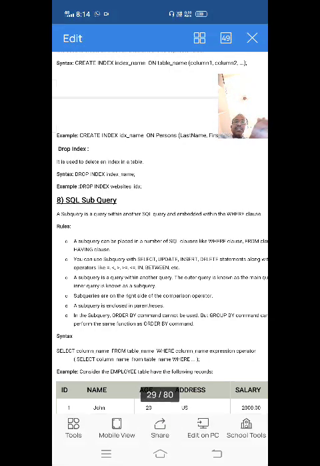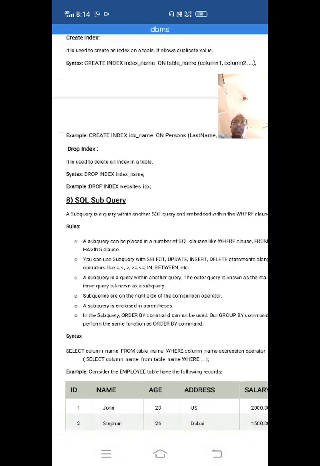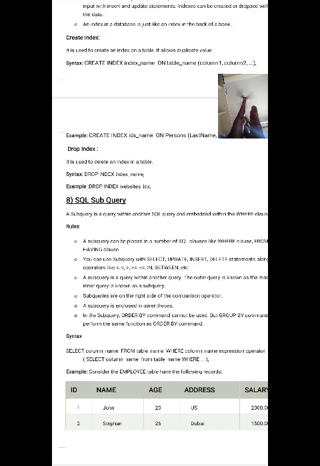A subquery can be placed in a number of query clauses like the WHERE clause, FROM clause, and HAVING clause. So you can write the subquery not only in WHERE, but in FROM also, and in HAVING also.